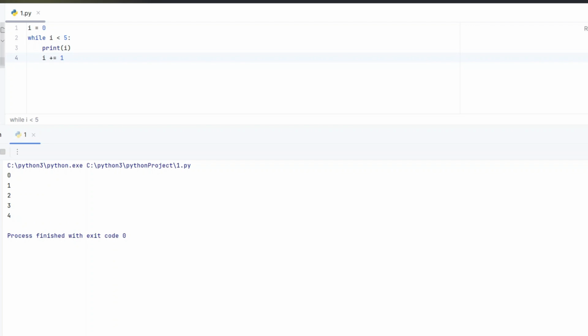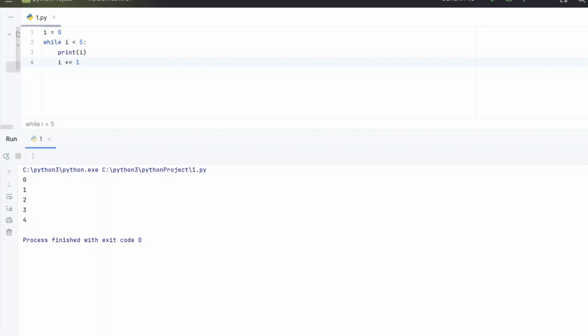Now how can I convert this while loop into a do while loop? A do while loop is a type of while loop in which the block of code runs at least once before checking the condition. Let's say we are working with a program in which we want to run the code at least once, then check the condition. In the program right now on your screen, it first checks the condition and then it operates. But what if I want to print i one time before going into it? Let's say if I just make it 90,